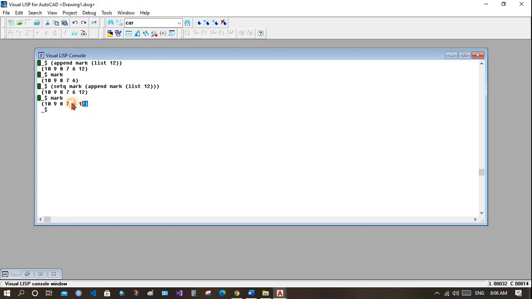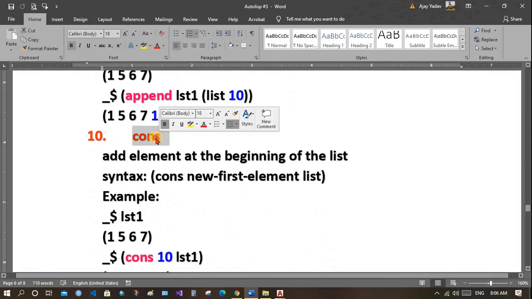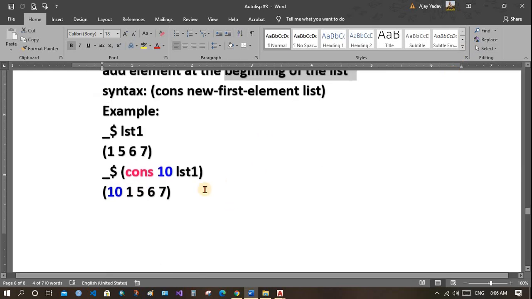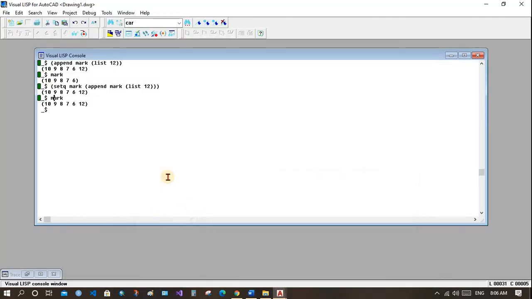Now you can see 12 has been assigned to mark. Similarly, cons also does the same thing, but it adds an element in the beginning of the list. Cons 10 adds 10 in the beginning of the list, and if you assign, then it will be assigned, otherwise it wouldn't be assigned.